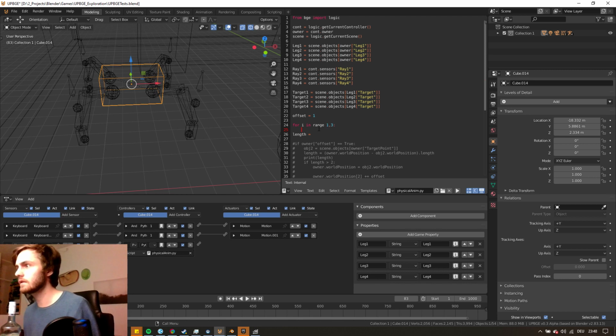Is this how you do it? Maybe Jacob can help me out here. Length equals, and then we're going from the leg